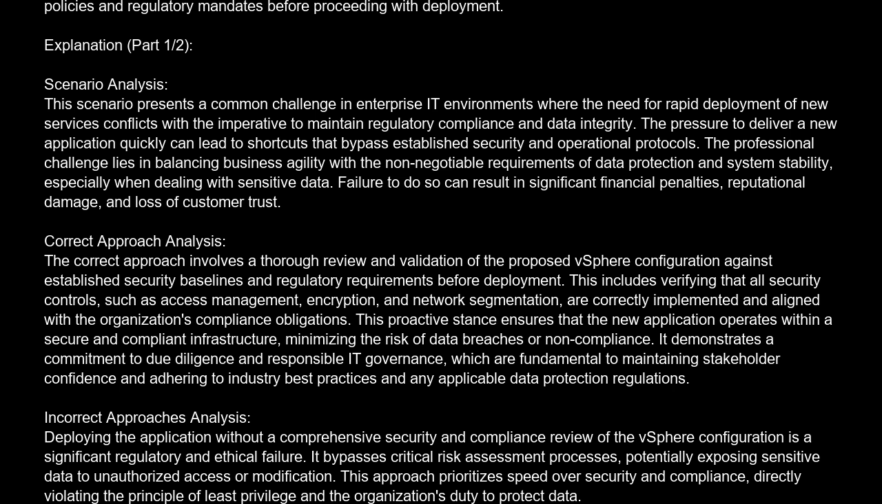Incorrect approaches analysis. Deploying the application without a comprehensive security and compliance review of the vSphere configuration is a significant regulatory and ethical failure. It bypasses critical risk assessment processes, potentially exposing sensitive data to unauthorized access or modification. This approach prioritizes speed over security and compliance, directly violating the principle of least privilege and the organization's duty to